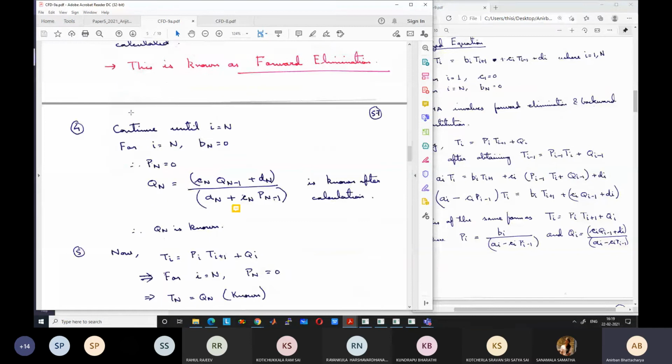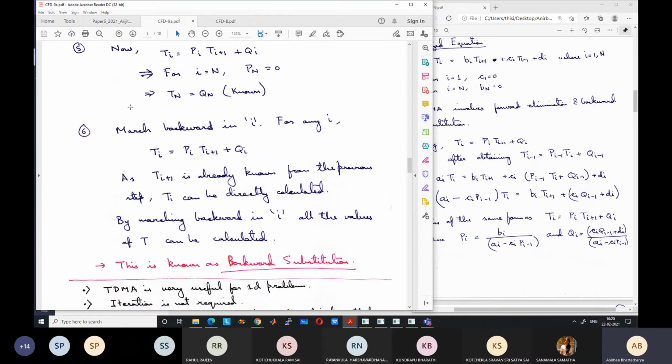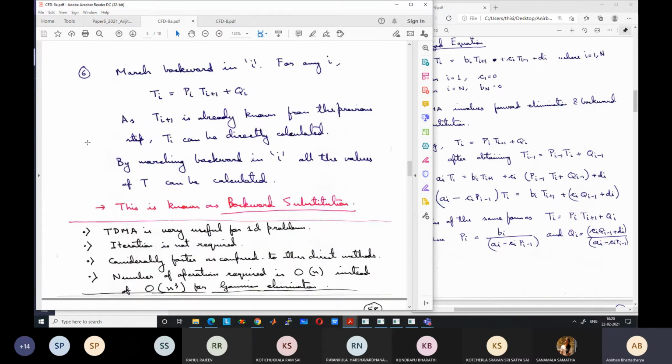Unless it is an explicit problem. In an explicit method, we can solve directly. We don't even have to solve n equations and n unknowns. Each unknown can be separately solved. But for all other methods, we have n equations and n unknowns, and we can use this. Otherwise, you can use some matrix inversion like Gaussian elimination, but it will be very time consuming.